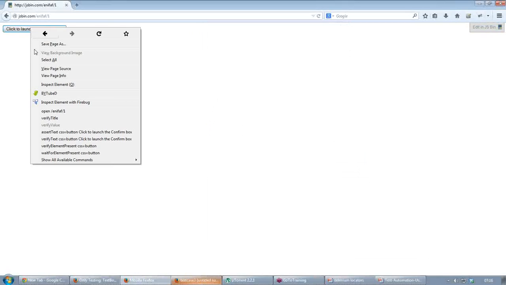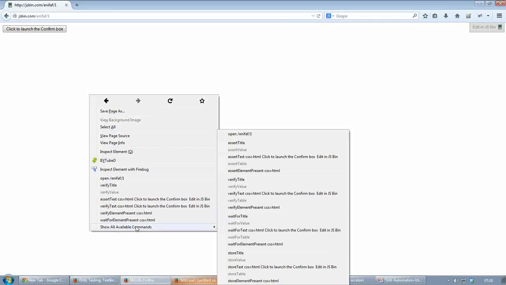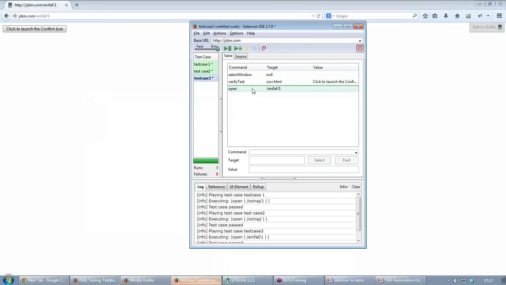Just right click on the object wherever you want to add it, and it will show you all available commands, where you can see a list of commands like assert text, assert title. So in my case, I want to assert the title, or verify text like click to launch confirmation box. So I will add that assertion or verification point over here. You can see,